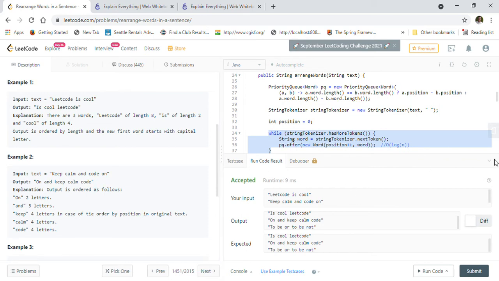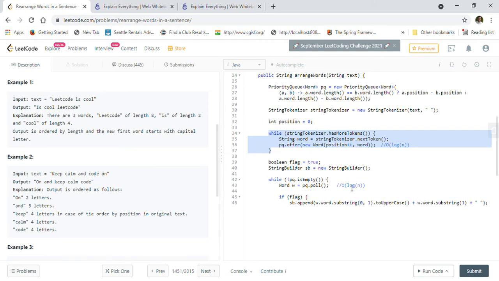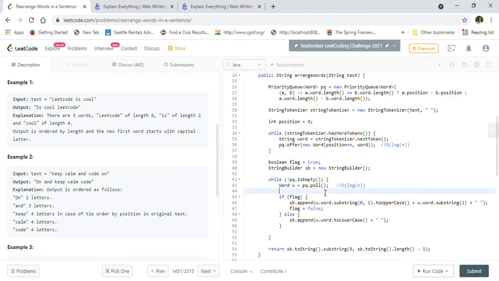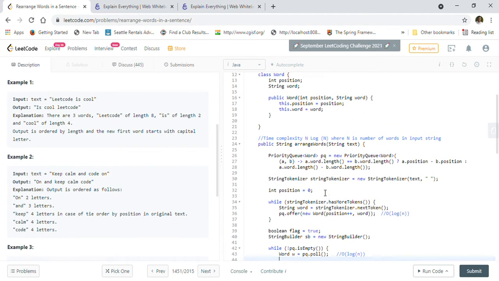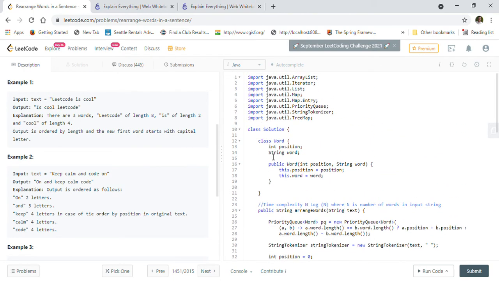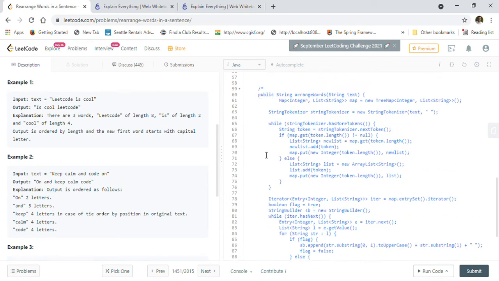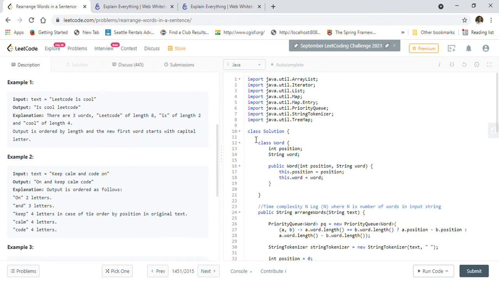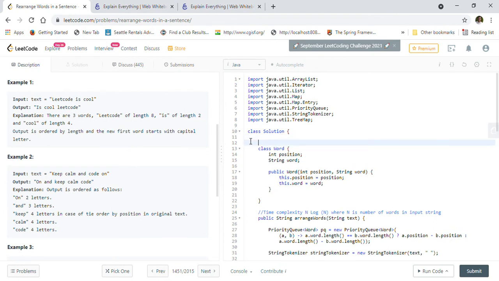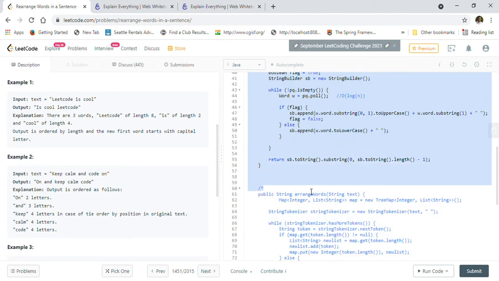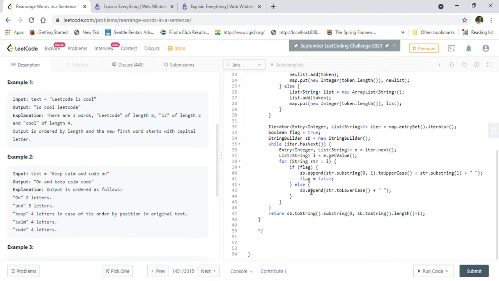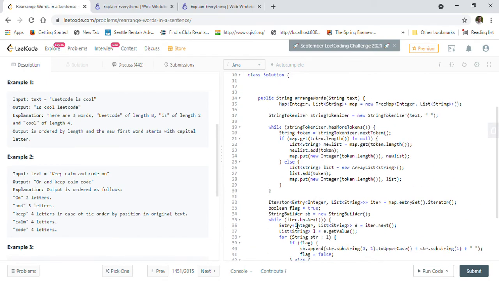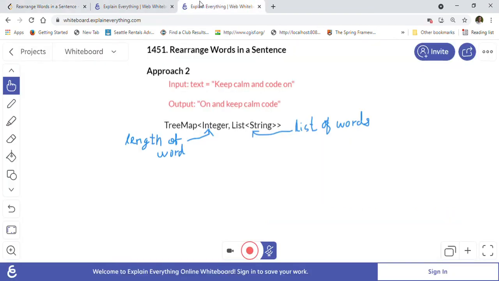Apart from this approach, I just wanted to show you that there is another approach also. I have created a solution. Let us just comment out this solution, and I will show you the other approach that we have, right? For now I can just remove this solution and show you the other solution. The priority queue we have already seen. This is the other solution I have, using a tree map approach. I will explain how we will be doing it in a tree map.